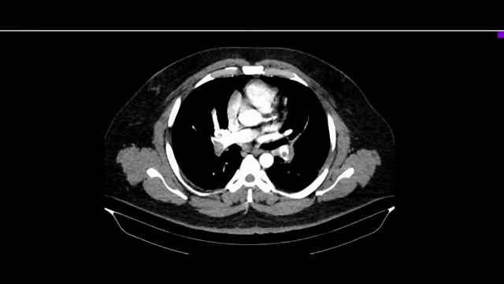And if you see this vessel on the long axis, you will see a tram track sign. And thirdly, if the filling defect is in the eccentric part, it will form acute angle with the vessel wall. So remember these three signs of acute pulmonary thromboembolism: dilated vessel with complete occlusion, central filling defect forming the polo mint sign or tram track sign, and eccentric filling defect forming acute angle with the vessel wall.